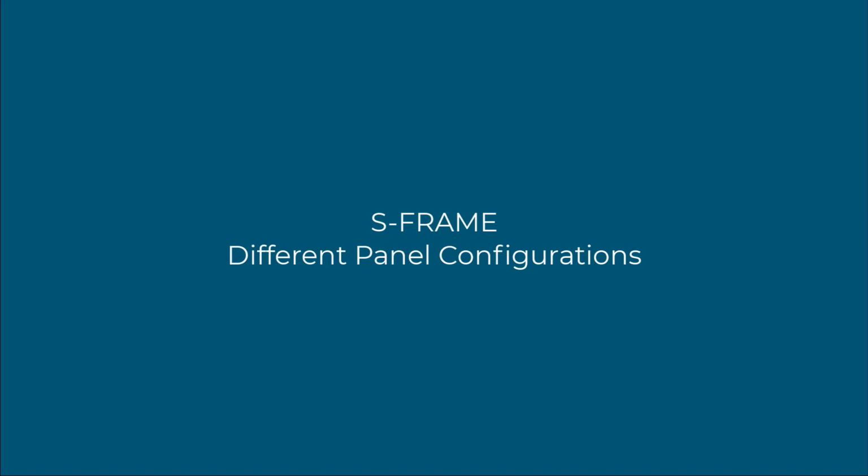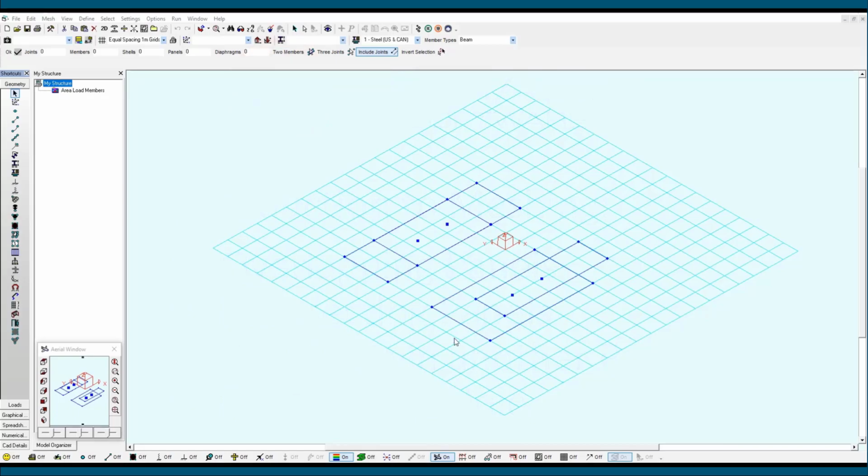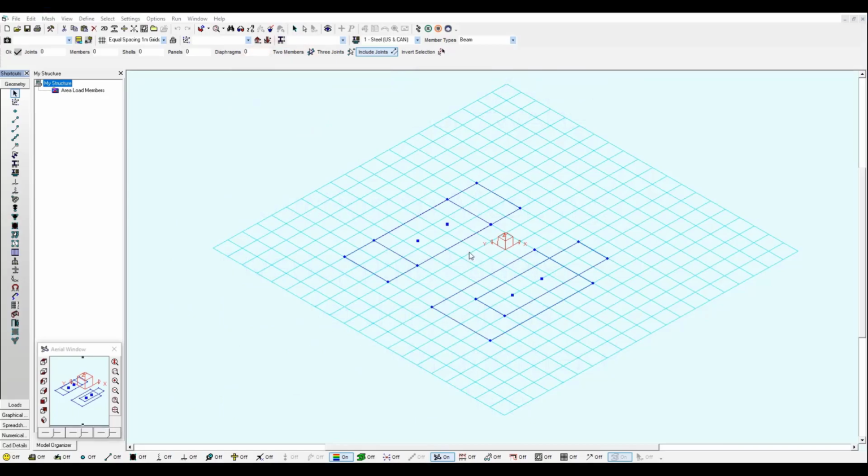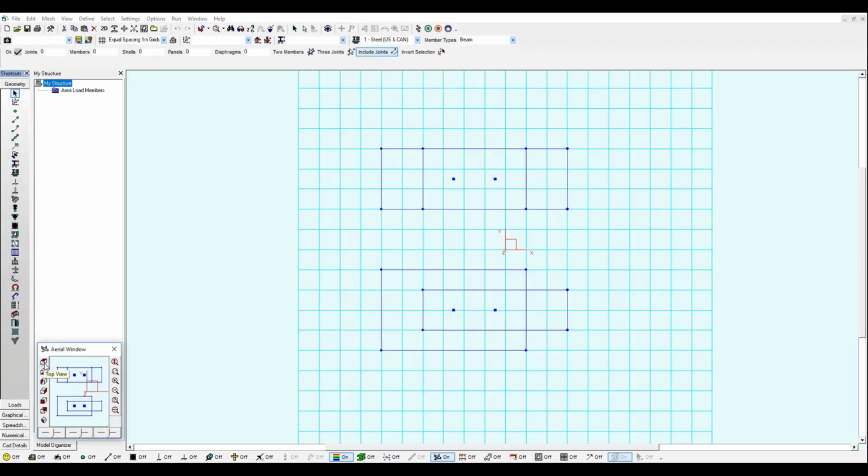Today we're going to cover different sets of panels that are overlapping, intersecting, a panel within another panel, and a panel with a hole. Right here I have two sets of overlapping panels. Let's take a look at the dimensions. If I go to the top view and display the dimensions, and of course I can display dimensions because I already set some dimensions in the CAD